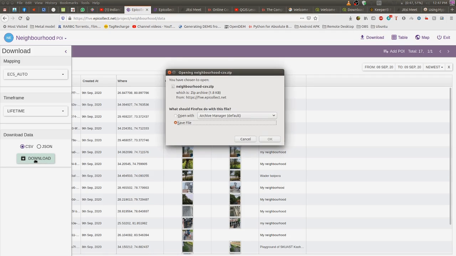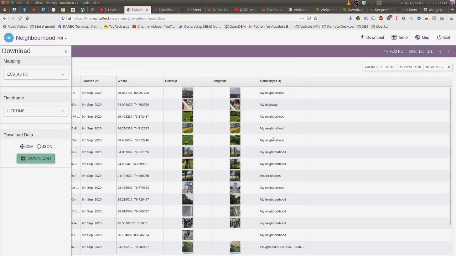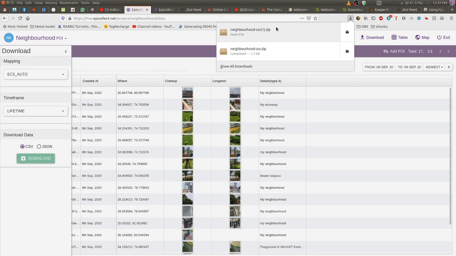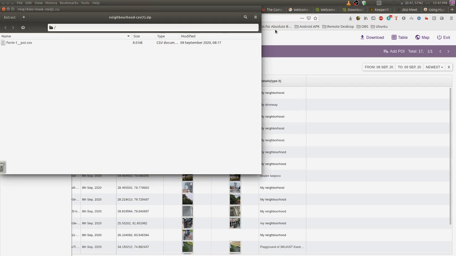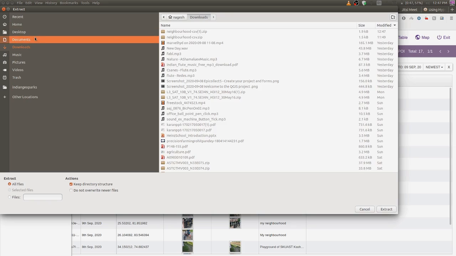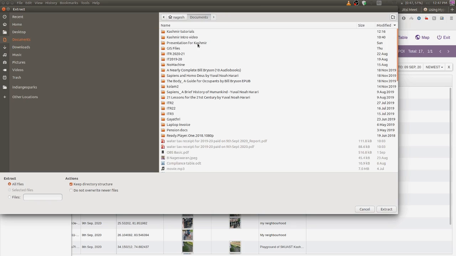It will be downloaded as a zip file, and let us keep it in a folder. So once it is downloaded, let us open this and extract it to the folder where we have kept all our files.